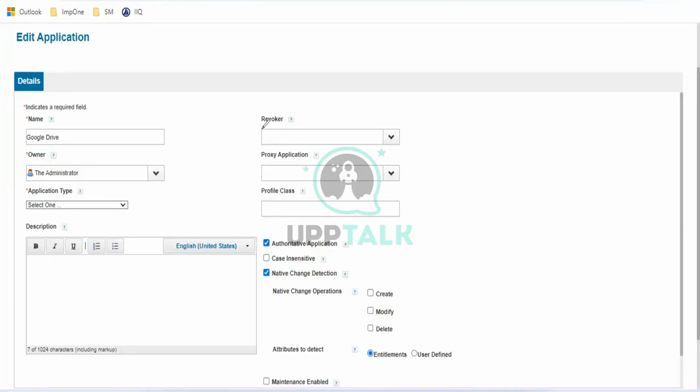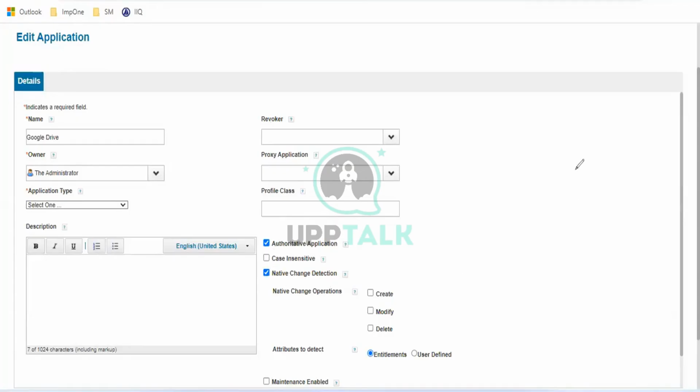In business language, we call them user or end user. But in SailPoint, we consider them as identity only, not employee, not any other word. Is it clear? Yes, sir.